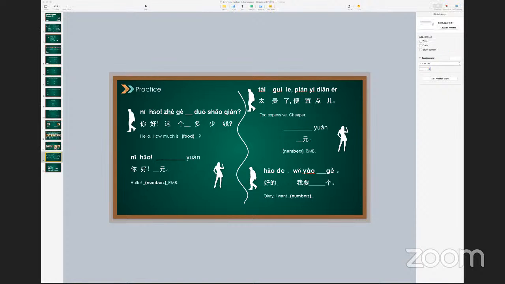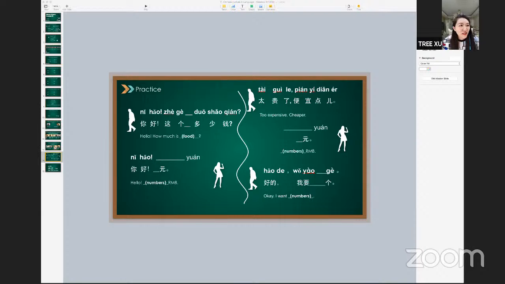Everyone who comes to China gets tired of Chinese food and still wants a hamburger, right? 你好，这个汉堡多少钱？多少钱？太棒了。